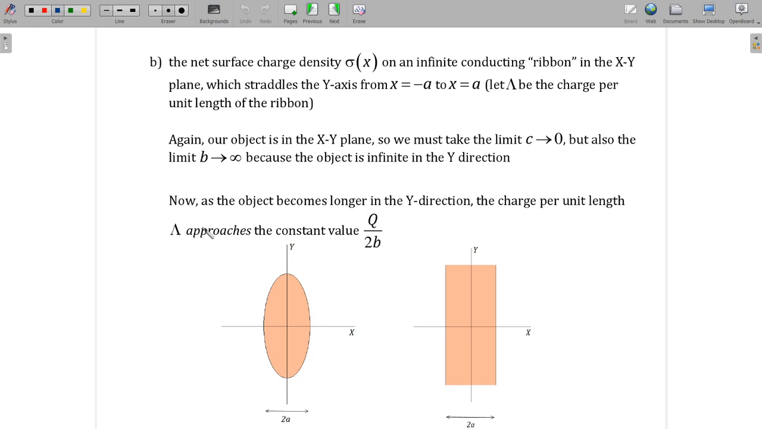So now, why have I said that lambda approaches the value q by 2b as the length of the object becomes infinite? Why is it not initially q by 2b? If I look at this ellipse and if I look at a length dy, so if you imagine two lines parallel to the x-axis cutting across this ellipse, and a length dy intercepted between them, the charge on it would be different from over here, and it would be different over here,